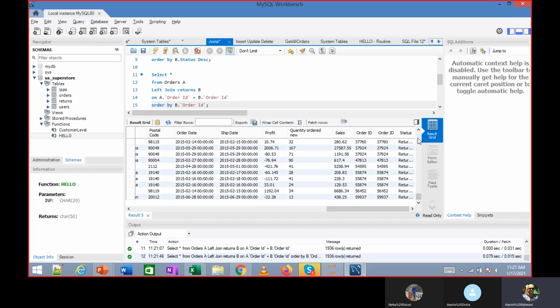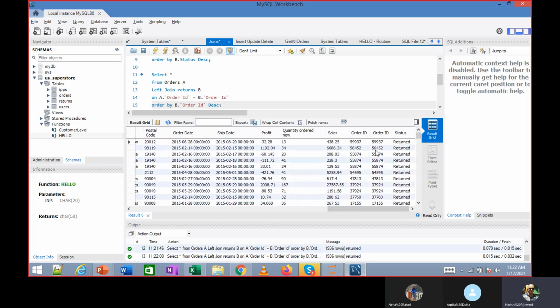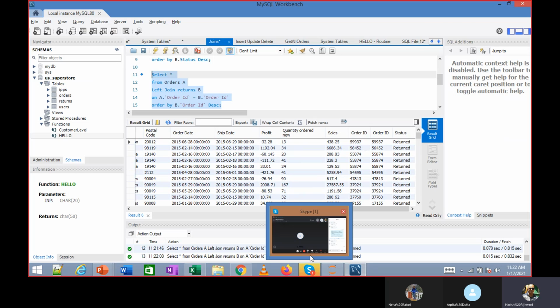So these are the ones which are matching, and this is easier to locate. And I make it descending, so this comes at the top. Make sense? So again, you can try this one. Got the idea, right?